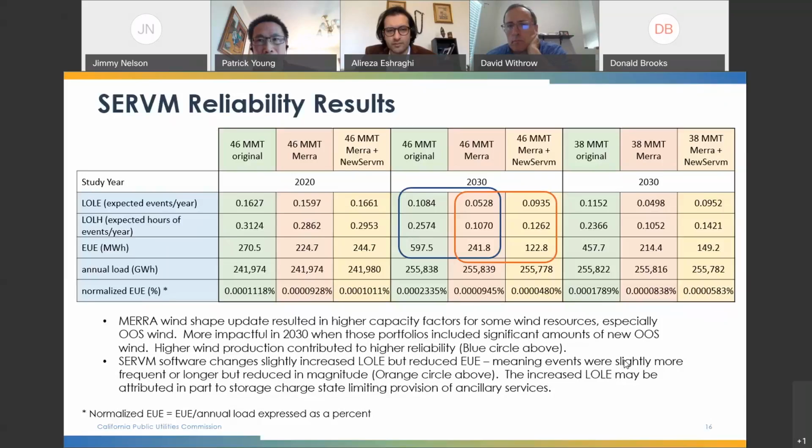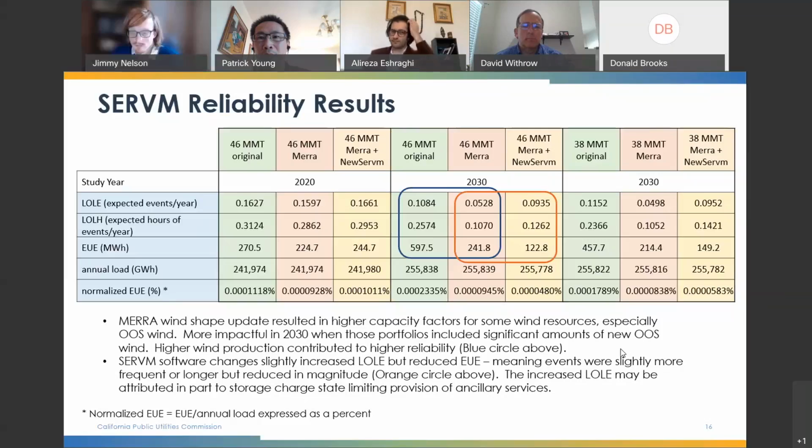Well, I'll just say that that's right. Nobody else jumped in sooner, so I'll just say, yeah, you're right. Whatever work went into creating the wind shapes in the resolve model is now justified or validated by having the work done in SERVM come a lot closer to it. What we've demonstrated is that the stuff that's in resolve already is now validated by other sources.